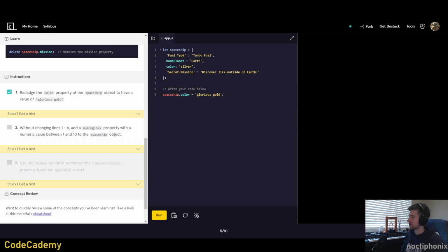Without changing lines 1 through 6, add numEngines property with a numeric value between 1 and 10 to the spaceship object. All right, so with this one, we need to add a property. The way you add a property, you basically go like you're going to access it, but instead you assign it. So engines equals just between 1 and 10. So let's just go with 5 number of engines